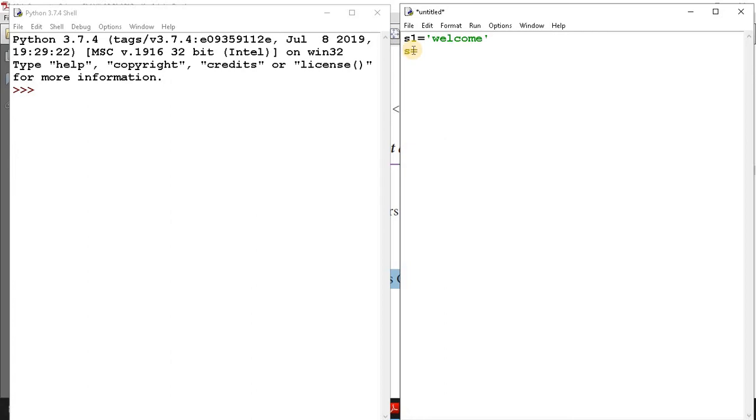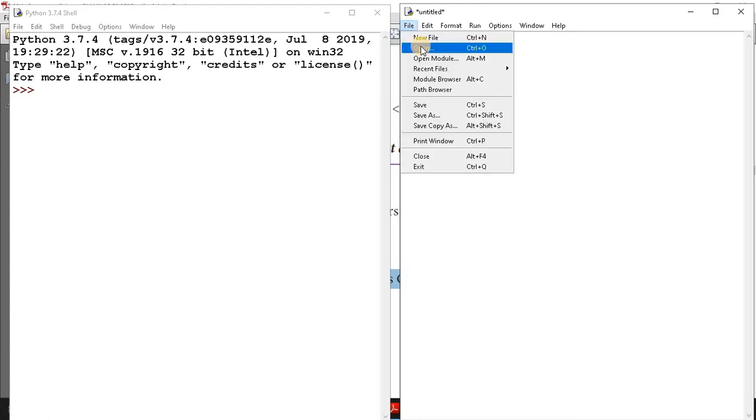S2 is equal to to. Just to. S3 equal to Python. Welcome to Python. First I save this.